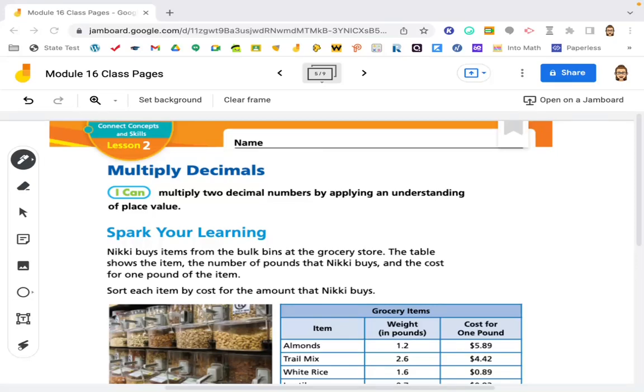Hello, my mathematicians. Today we're looking at Module 16, Lesson 2, which is all about multiplying decimals. Hopefully by the end of this lesson, you'll be able to multiply two decimal numbers by applying an understanding of